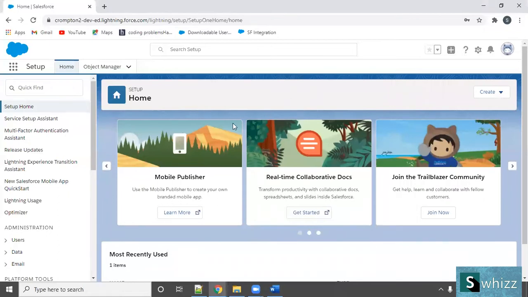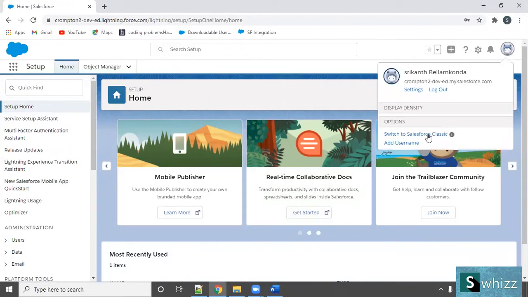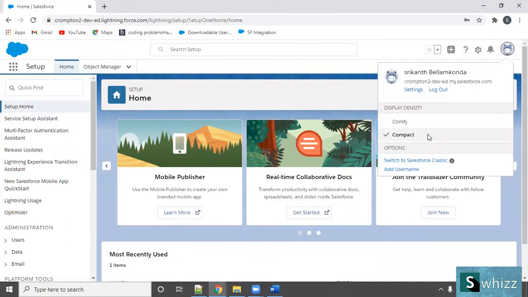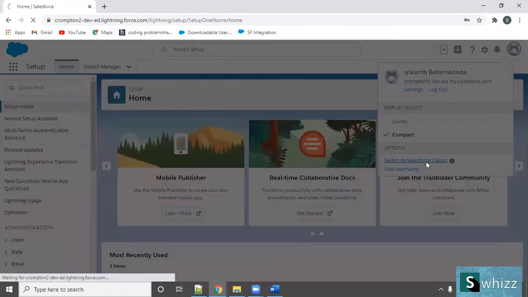Okay. Fine. So if I want to switch back to the classic, how can I do? Click on this user menu and click on switch to Salesforce Classic. Just give me a second.